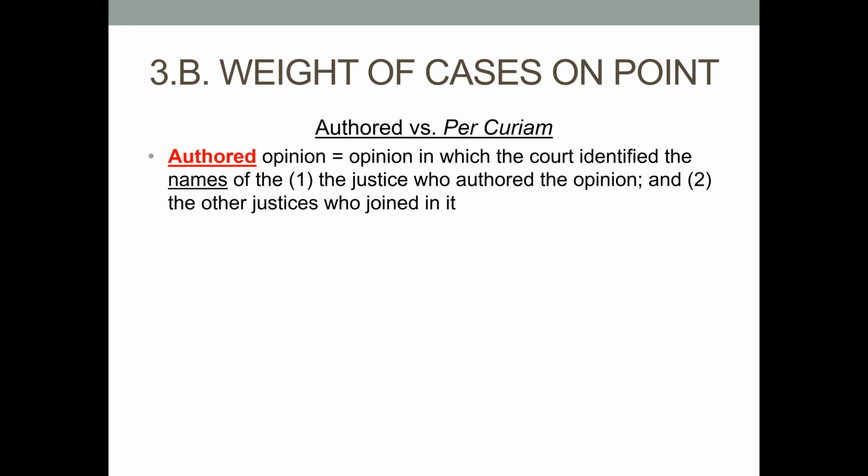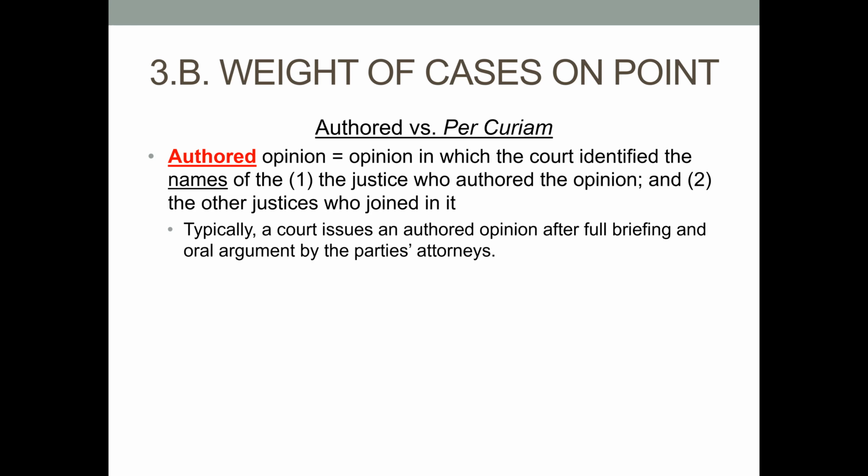an authored opinion. Now, all court opinions are authored, of course, but this authored opinion phrase specifically refers to an opinion where the participating justices in the opinion, the author and those who joined in it, are actually named. Now, these authored opinions are typically issued after the full-blown process of the appeal has taken place, such as after the